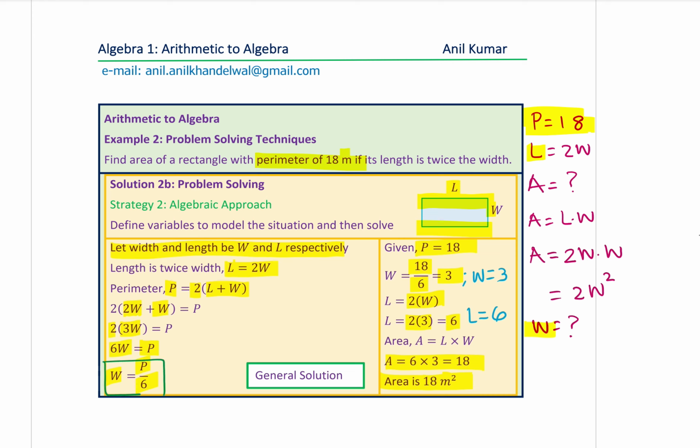Since we have related perimeter with width and we have also related area with width, correct? So in this particular case, we know width is perimeter by 6. 1/6 of the perimeter will be the width, and area will be the product of width and length. We know that area is going to be twice the square of W, right? So that gives us the answer, or rather a formula, which can help us provide solutions to many similar questions